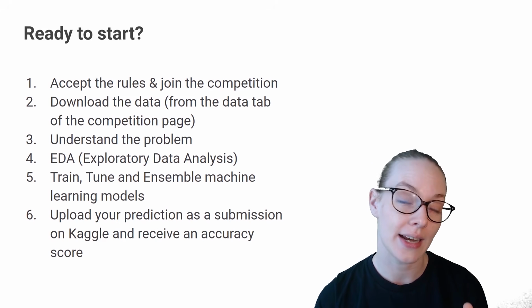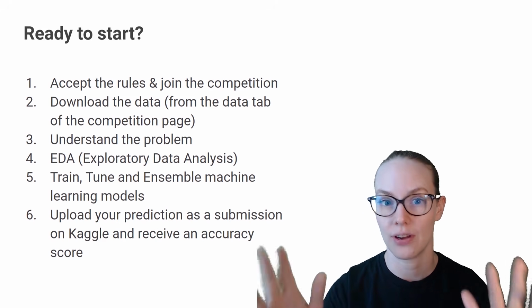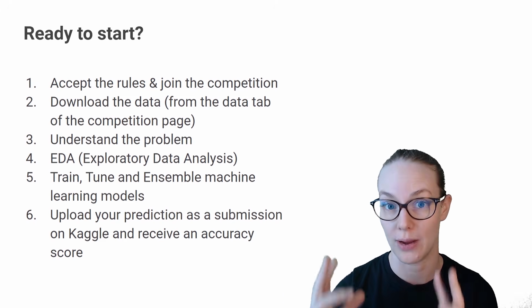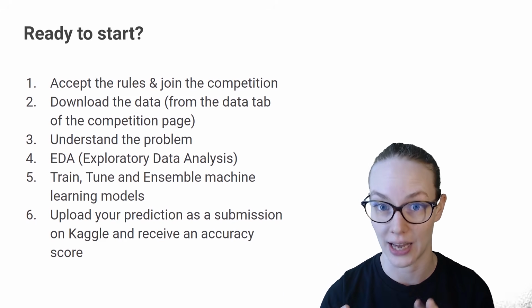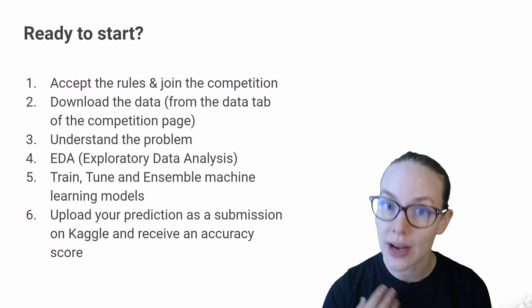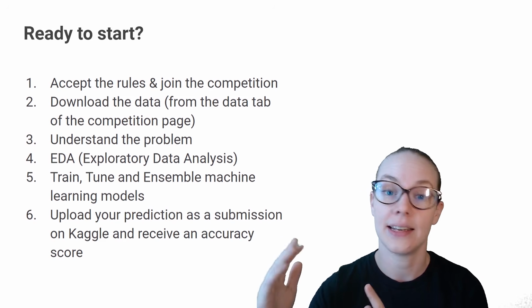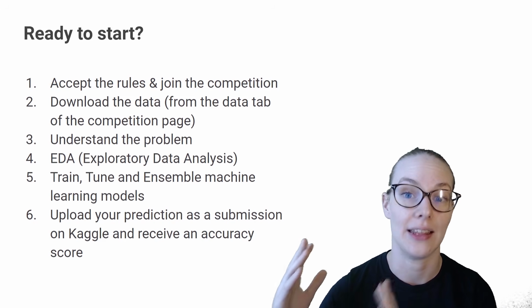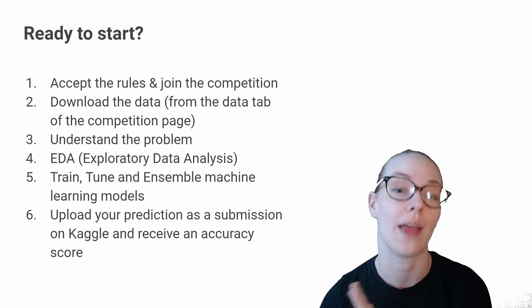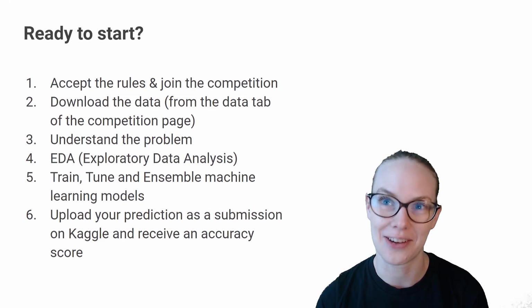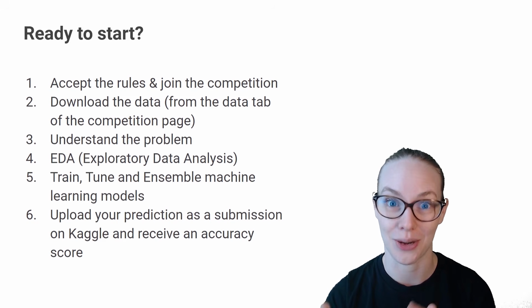One is the training data that I mentioned that has all of the different information and features, and also information on whether or not the passenger died. So you're going to use that for your training and your evaluation and your cross-validation. And then the second data set doesn't have any labels, and that's the data set that you're going to send your predictions back for, and that's what you'll be not really graded on, but evaluated on to determine your leaderboard